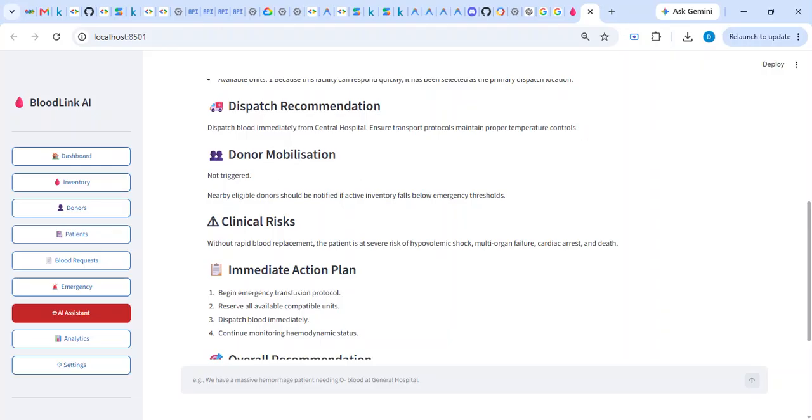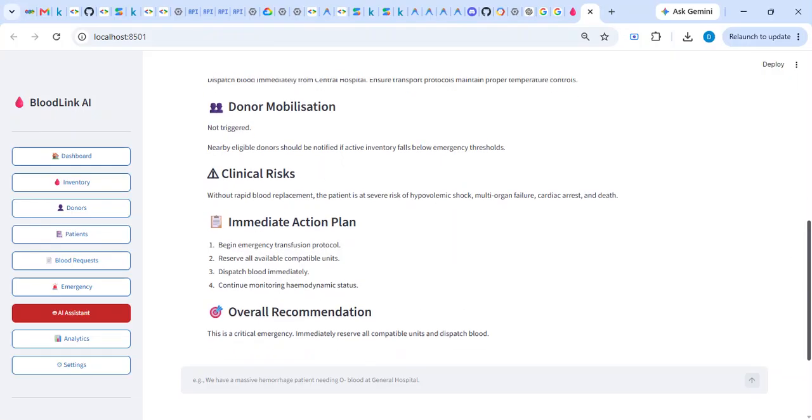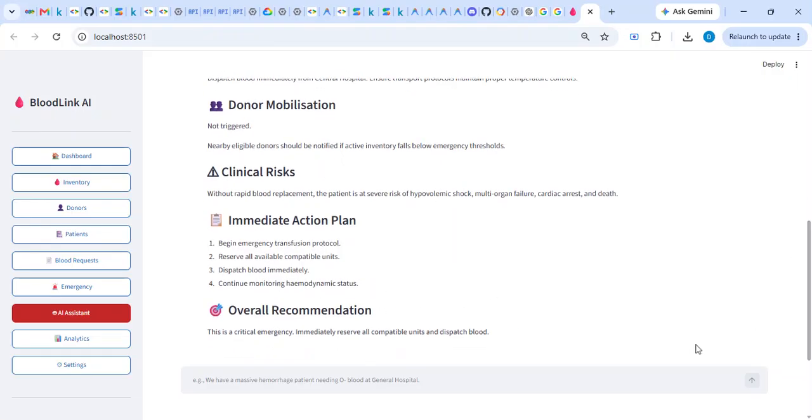Donor mobilization is not triggered, because blood is already present in Central Hospital. If not, then if active inventory falls below the emergency threshold, it should notify. Without rapid blood replacement, the patient is at severe risk of shock, multi organ failure, cardiac arrest, and death. That is why these are the immediate action plan.